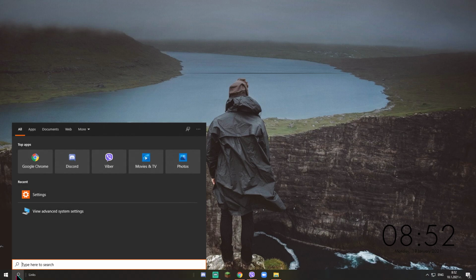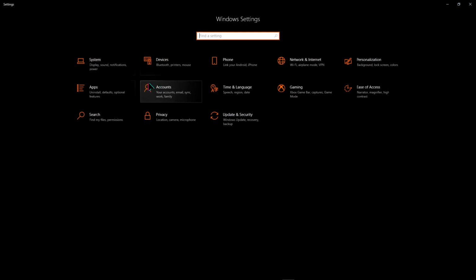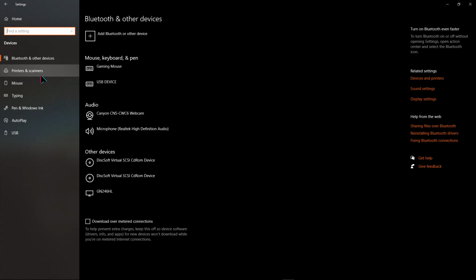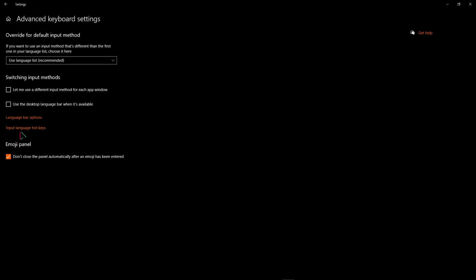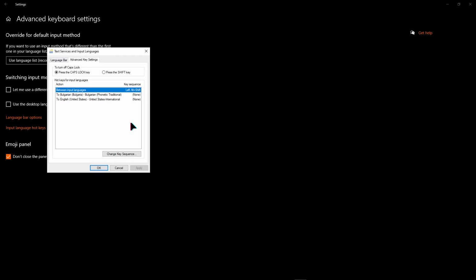So first, search here in Windows Search for settings like this, and click on devices here and click on typing. Scroll down to find advanced keyboard settings and then click on input language hotkeys, and from here you can make a shortcut to switch to, let's say, Bulgarian, to switch to English, United